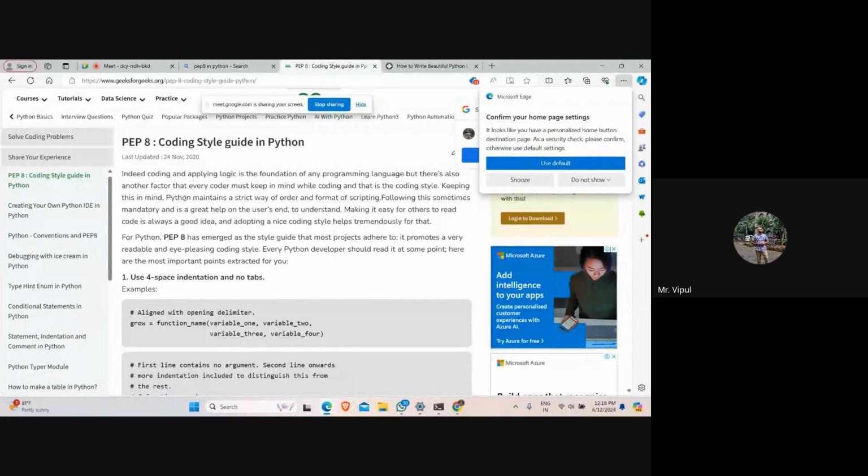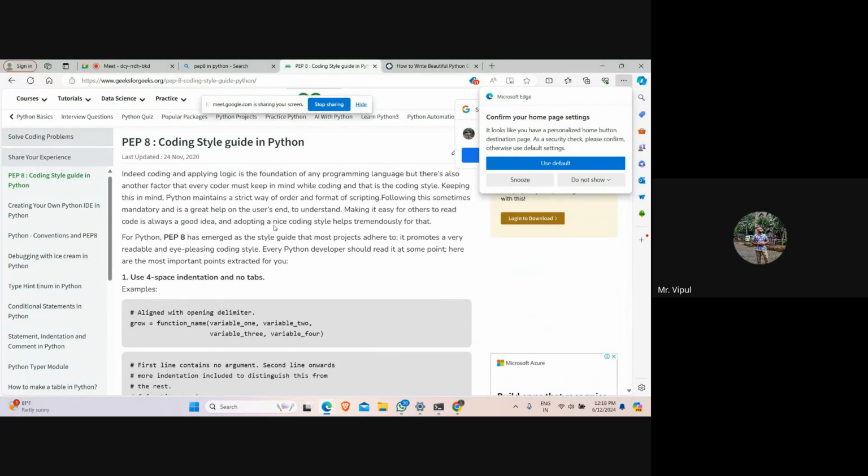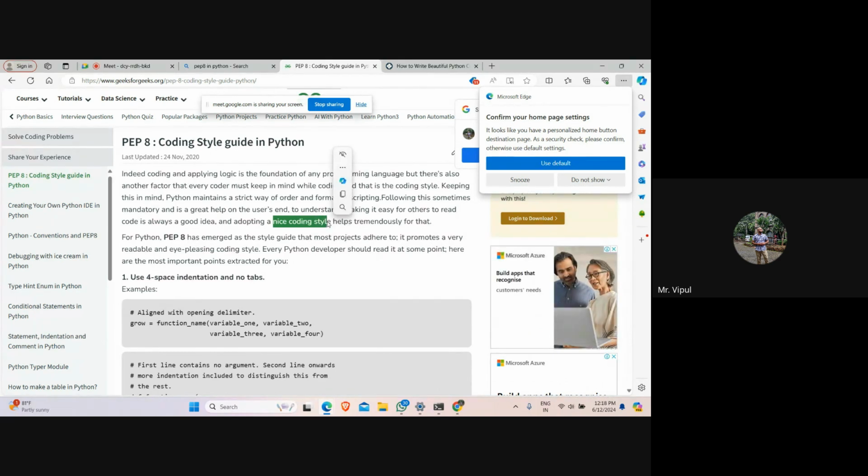So keeping this in mind, Python maintains a strict way of order and format scripting. Following this is sometimes mandatory and is a great help on the user's end to understand. Making it easy for others to read code is always a good idea, right? So adopting a nice coding style helps tremendously for that. So what is PEP 8? It has emerged as a style guide for most projects so that we can stick to that, and it promotes a very readable and eye-pleasing coding style.